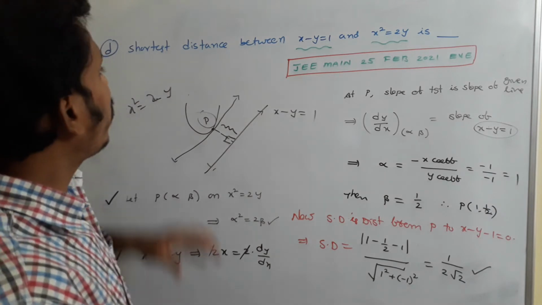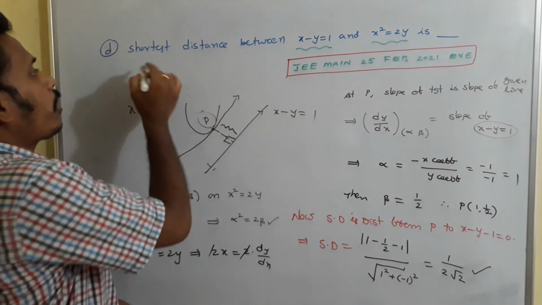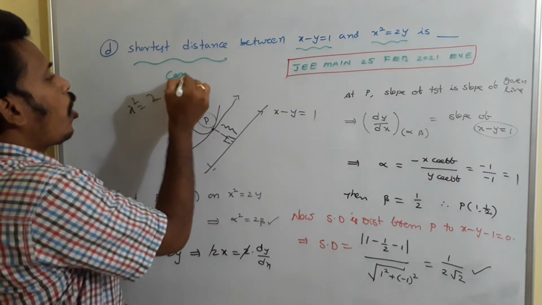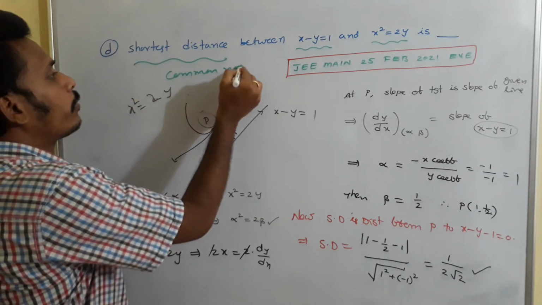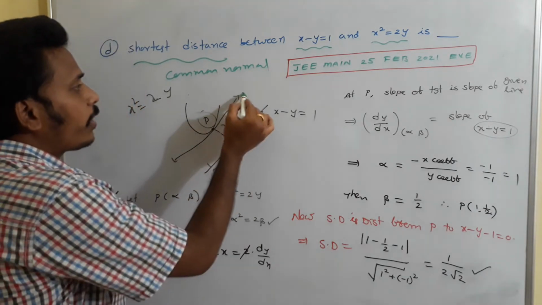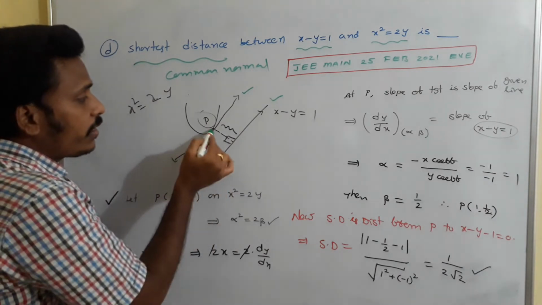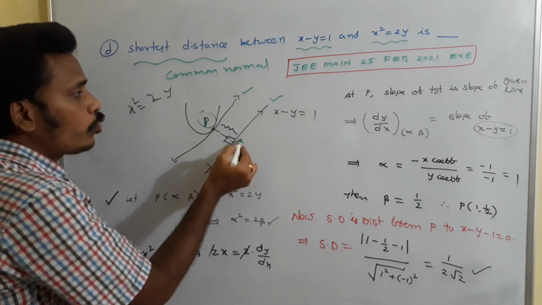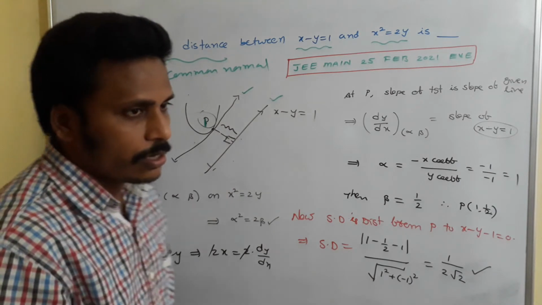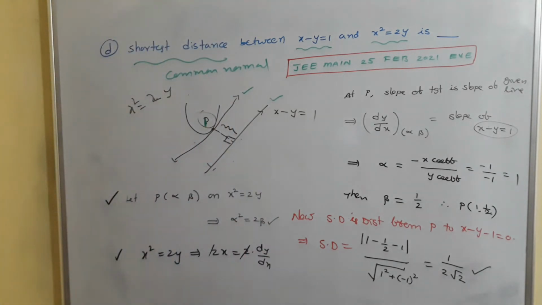See, initially you need knowledge related to the shortest distance. Always, the shortest distance is possible along the common normal. And this concept of common normal is simply about identifying parallel tangents. So if you identify parallel tangents, then the distance from this point P to the given line is the shortest distance, right? Easily we solved it and we found the shortest distance as 1 by 2 root 2.